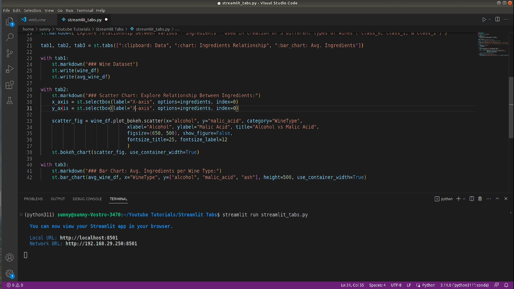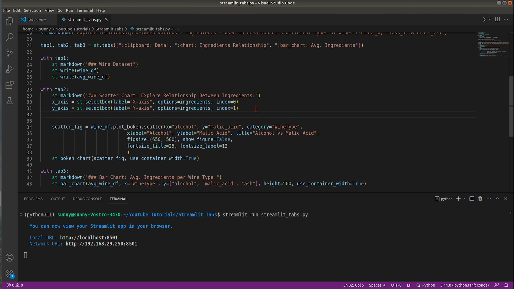For y-axis, I will say label to y-axis. Options will be ingredient, and index I will select 1. So the second ingredient: the 0th ingredient is alcohol, and the first one is malic acid. So by default, x-axis will have alcohol value and y-axis will have malic acid. So those are the two drop downs, and we had one more checkbox as well, which will store color